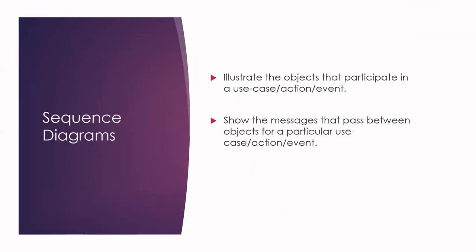Well, the sequence diagram illustrates how the objects participate in a use case or an action or an event. So you are writing code for some event to do some action. Okay, and for this code that you're writing, you already defined the classes and you have the objects. Now, maybe you don't really know when or how the objects are going to be created and how they are going to interact. The sequence diagram helps you do that. So first of all, it illustrates what are the objects involved in a certain interaction or event or use case,